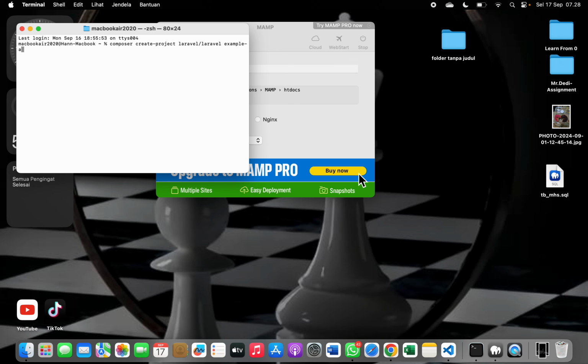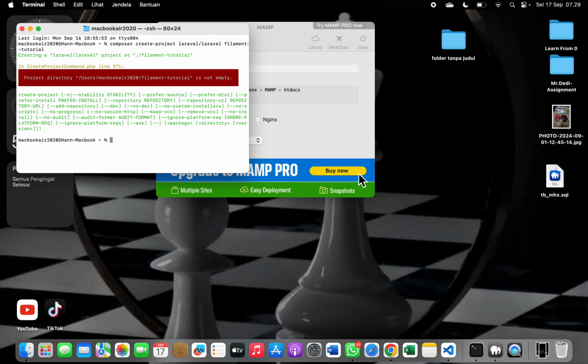Delete the example app. What do we want to name this folder? Filament tutorial.